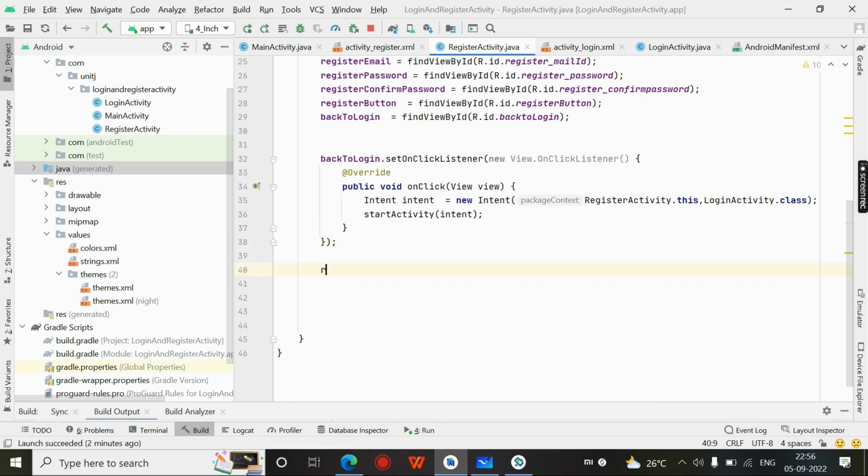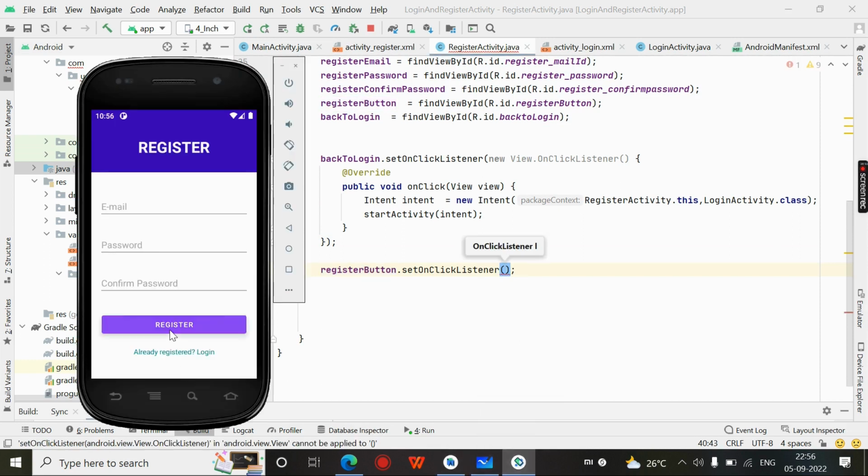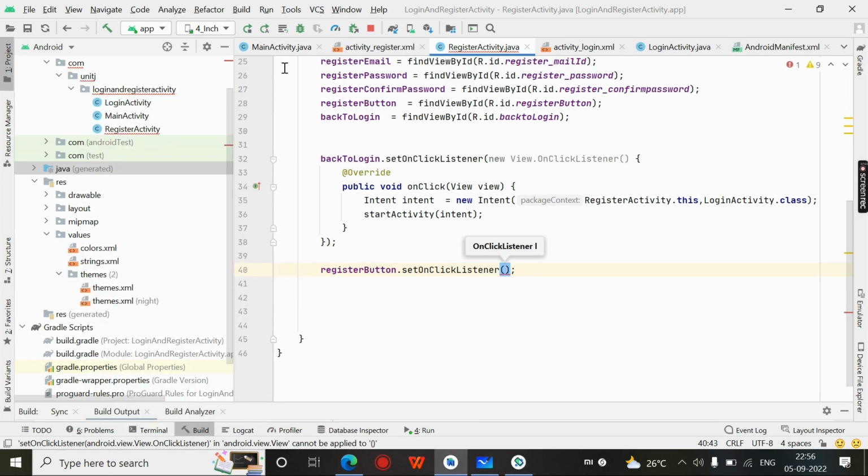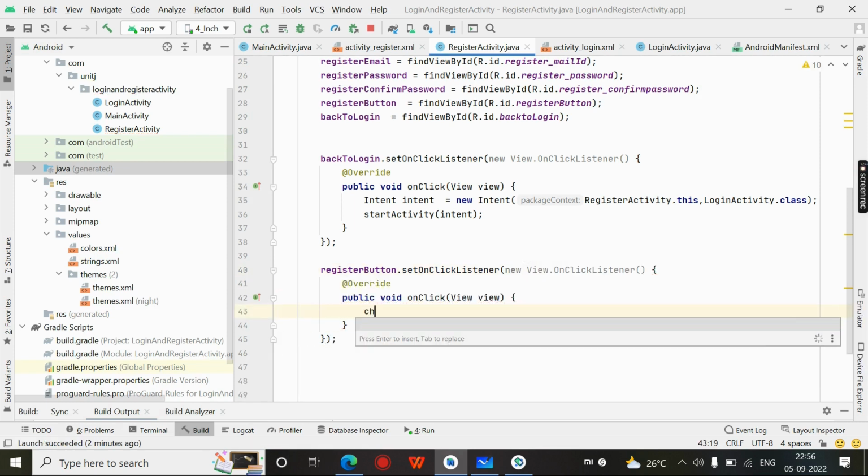If yes, I just go to register button dot set on click listener. Whenever the register button is clicked, in the new on click listener, we just check